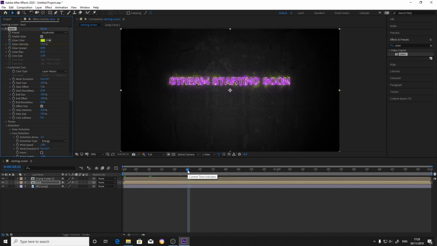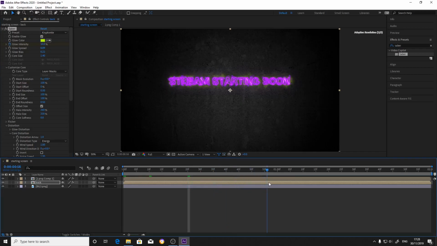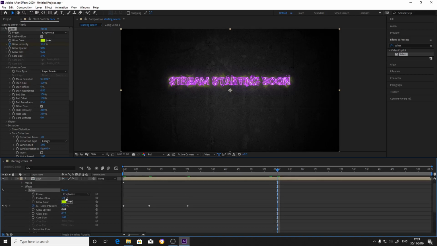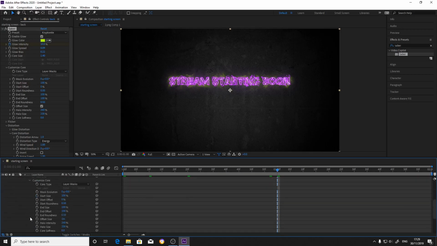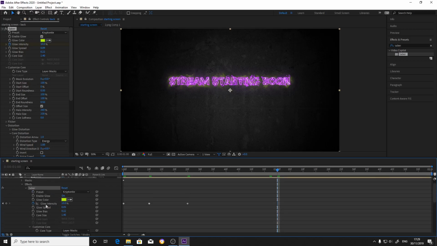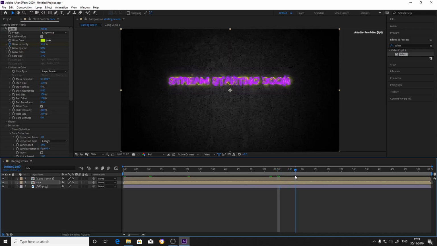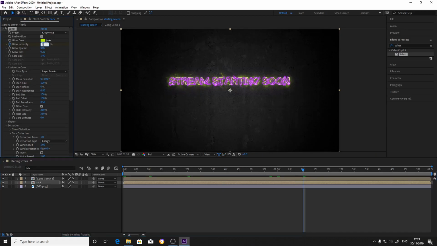Now we're gonna do the same thing as last time. Keep it on for let's do it 1 second, and then go here, effects, Saber, and where is it? Customize core. No, it's still here. Glow. Where is it? Come on. Glow, glow intensity, and press on the keyframe. Press on that again, and then go to like 110 or whatever you want. I'm not gonna tell you what to do. Make it 5,